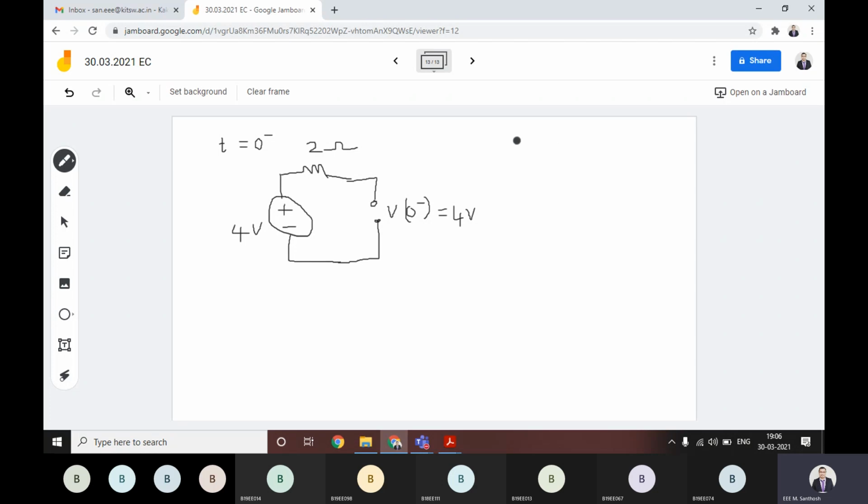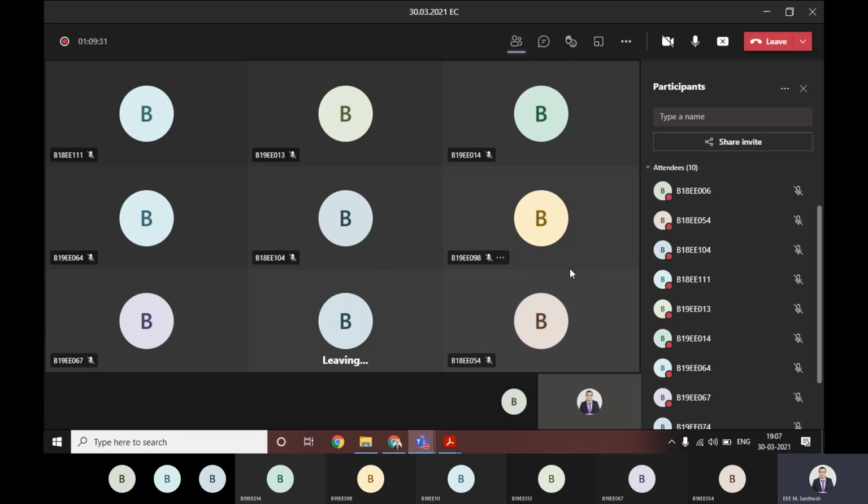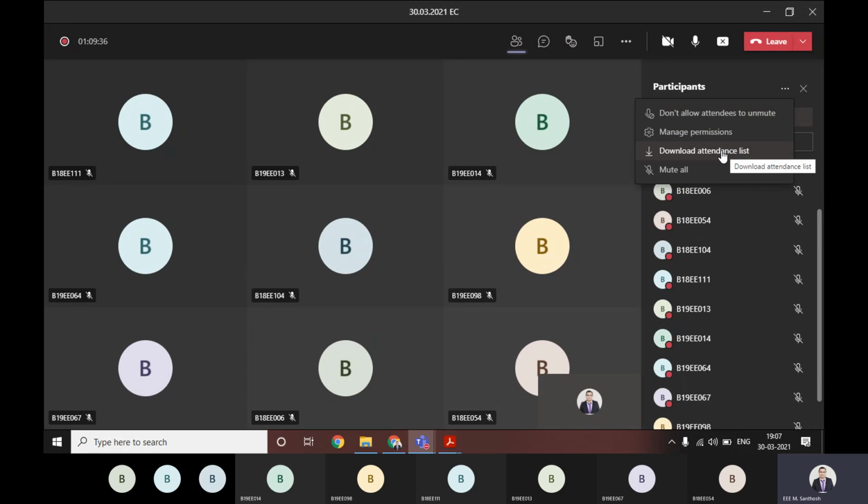Then at t is equal to 0 plus. Okay, second case, at t is equal to 0 plus. Here, in the case of these transients, we have to analyze more. If you understand, then only you will analyze. You try to understand, don't memorize here for these transients, then only it will be easy for you. Are you there, everyone? You're listening, right? Yes, sir. Okay then.